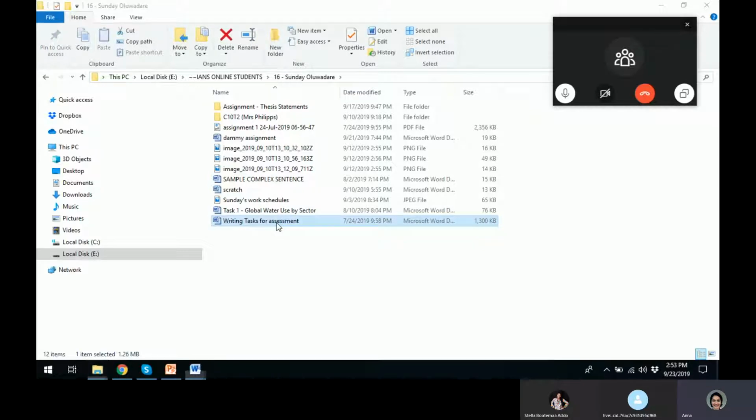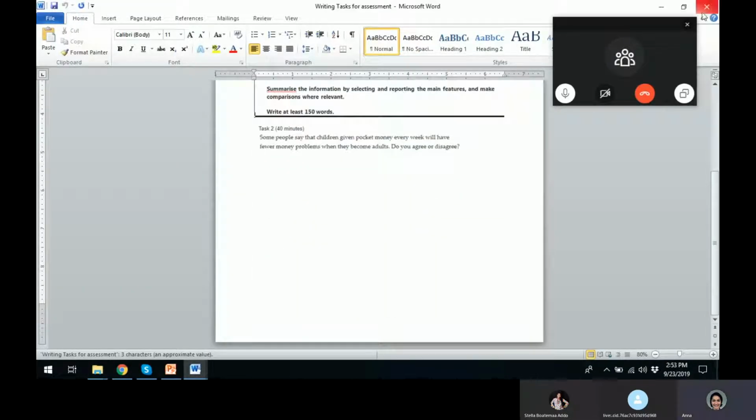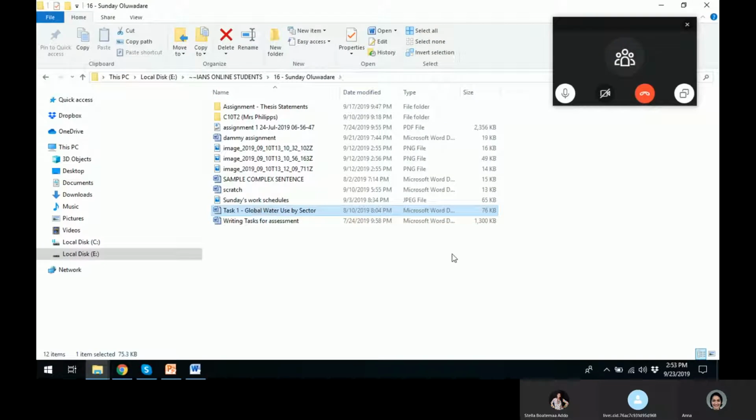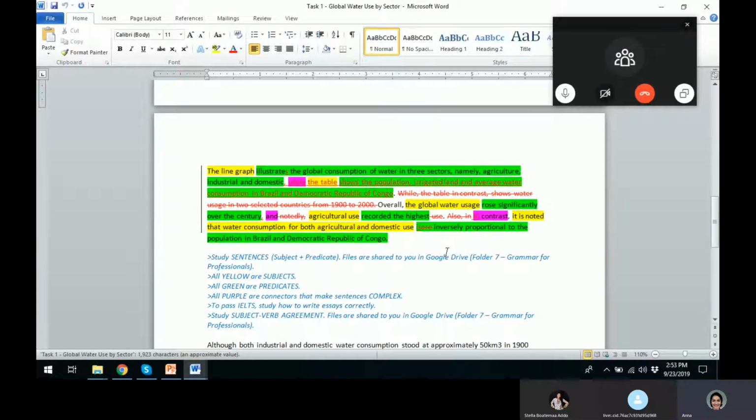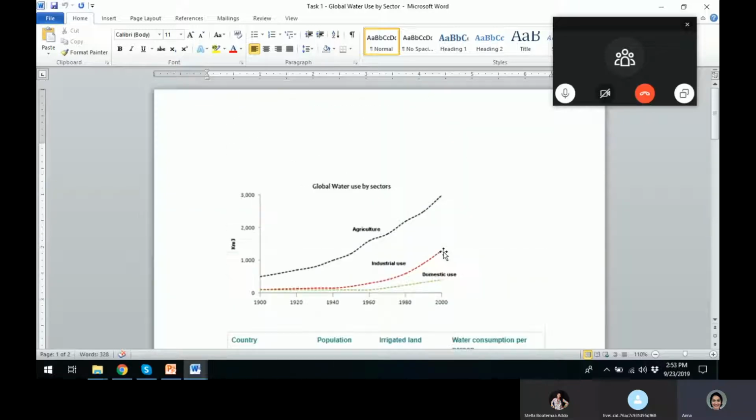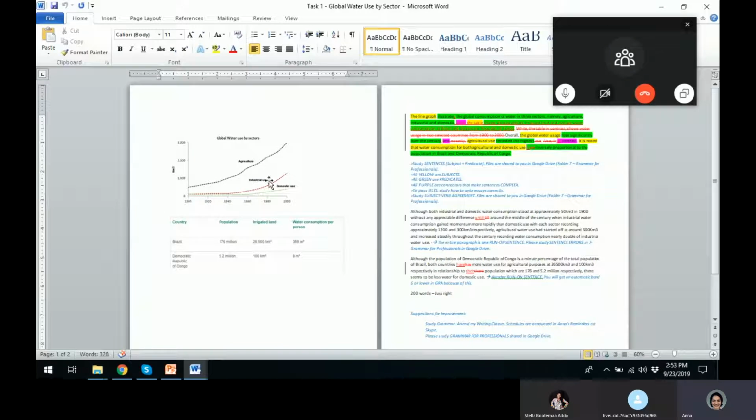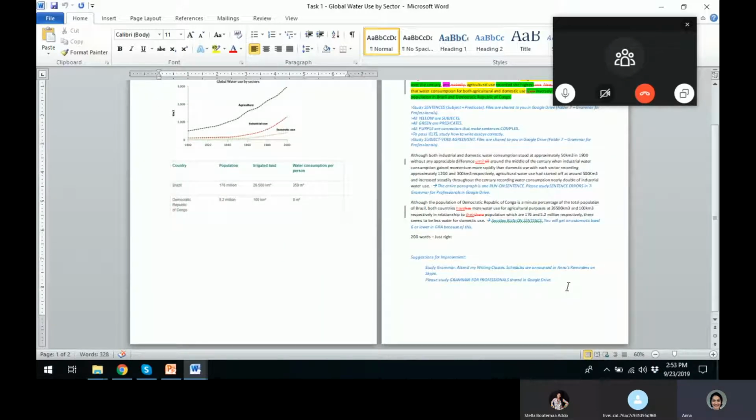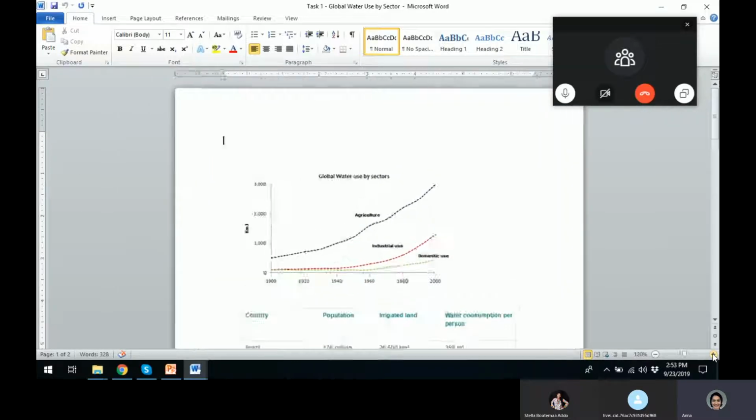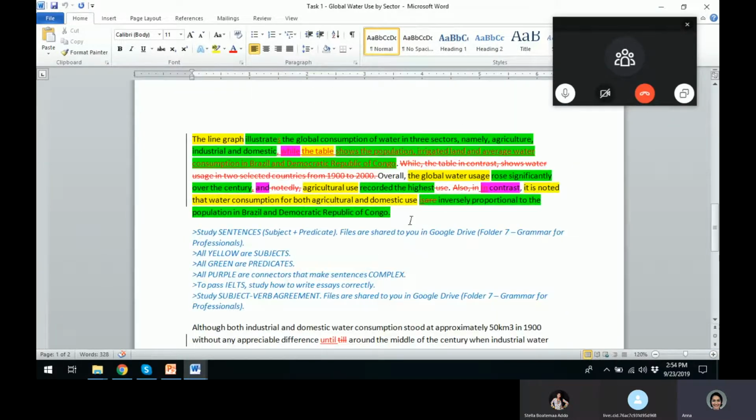Writing task for assessment. Okay, there. This is Sunday's work. So he sent me a Task 1 essay for a line graph. Do you see that? Do you see what I did with his work? Okay. So there are specific comments on